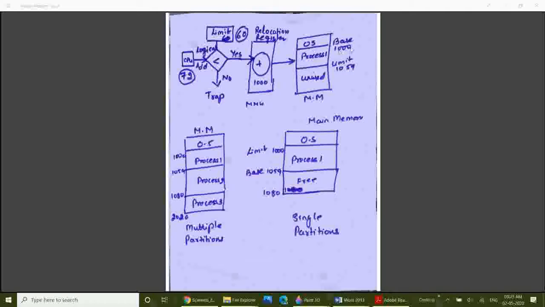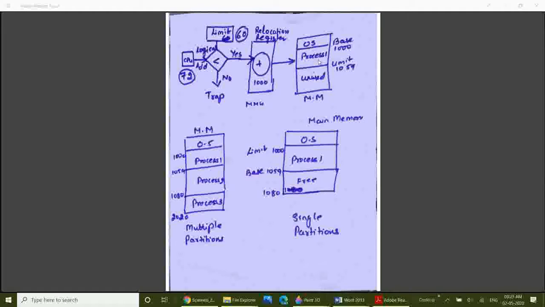Now this is the base address of the process, where exactly it has been loaded, and the limit is 1059. That means the process has ended at this address, 1059. So this is the size of the process, that is approximately 59 to 60 instructions have been placed in this process. Now if the process wants to access, so if a running application wants to access any instruction or